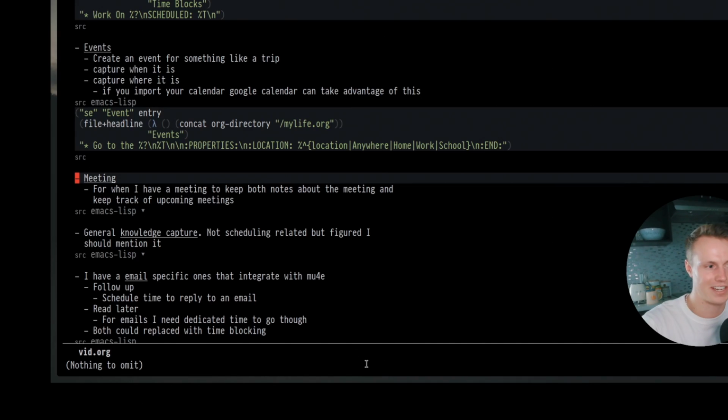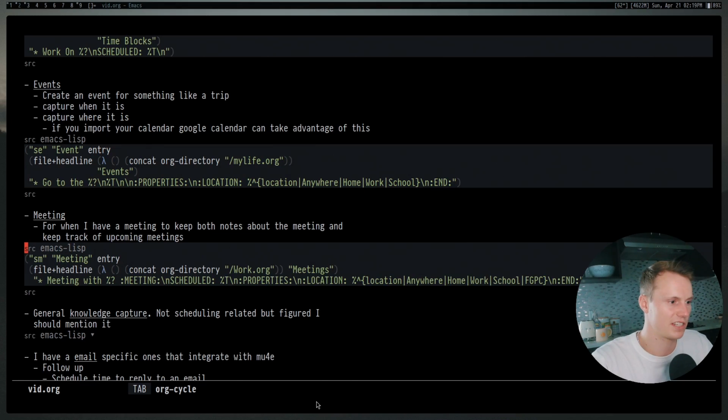Now, I know this is a lot of templates. Don't worry, this is obviously overkill. This is just to give you guys some ideas of what you can use. I like to have a lot of templates because I just like to not really think too much about what I'm doing. I just like to think, oh, this is a meeting, oh, this is an event, and I usually don't really worry about it too much. If it's not categorized perfectly, most of the time the overlap is enough that it's not going to hurt my productivity. So for meetings, it's pretty much the same idea.